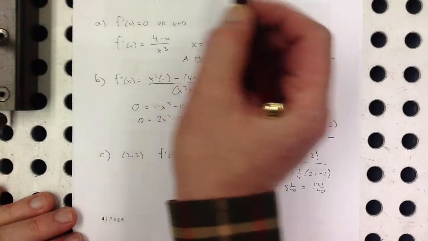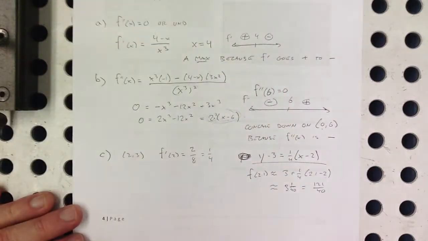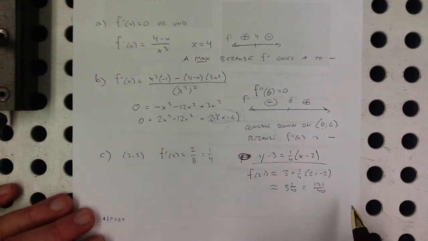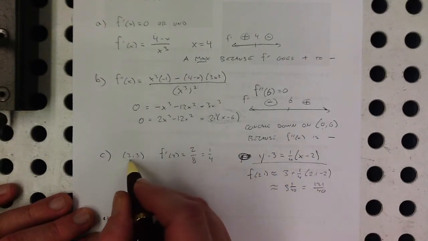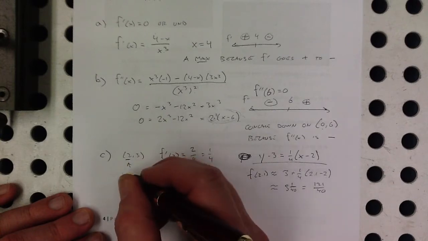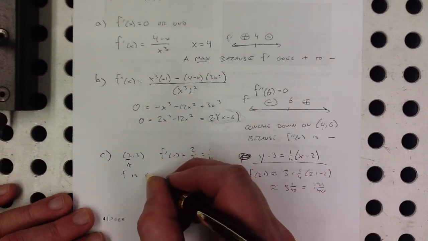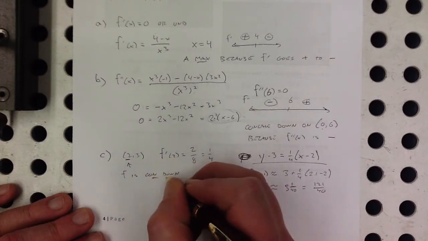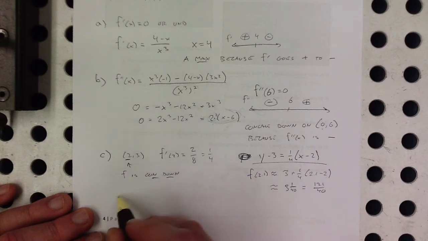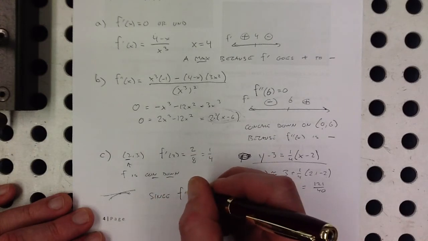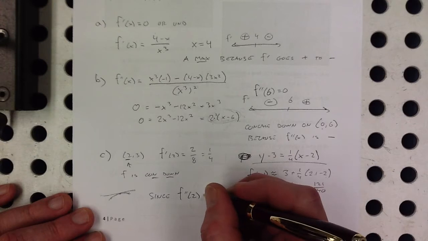All right. Does the tangent line overestimate or underestimate the actual value of f of 2.1? Well, this is a second derivative test problem. I know that at x equals 2, that f is, going back to part B, it's concave down. So that means my tangent line here, if you got a function that's concave down, the tangent line will be above the function. So I'm going to say since f double prime of 2 is positive,